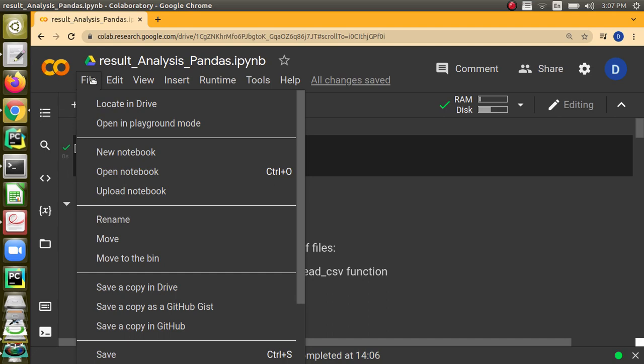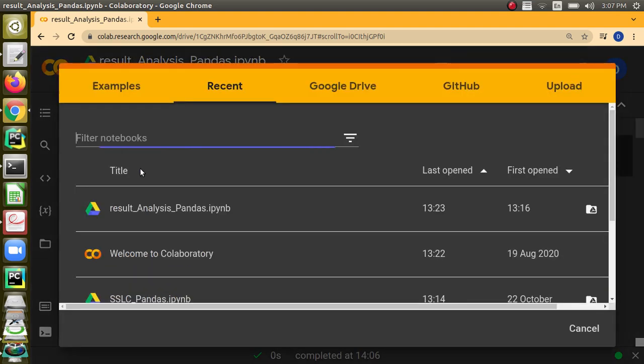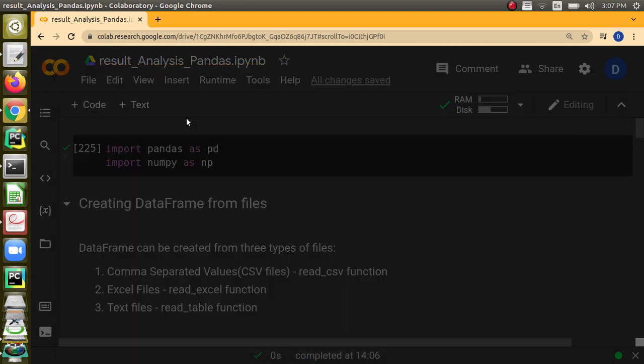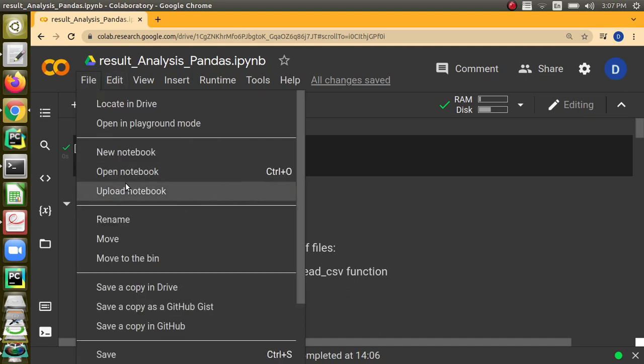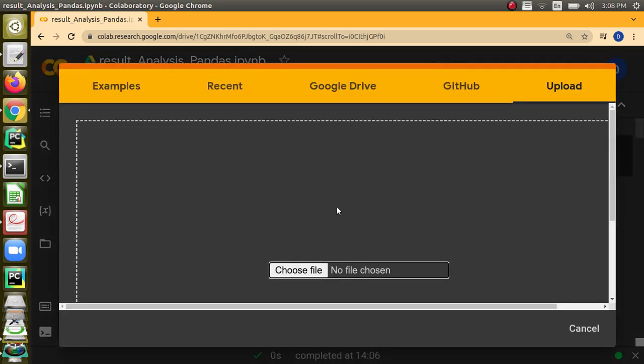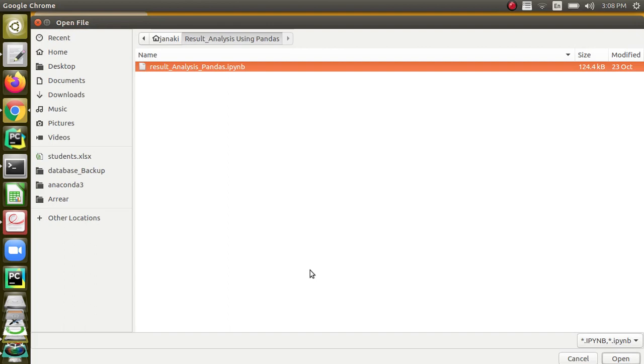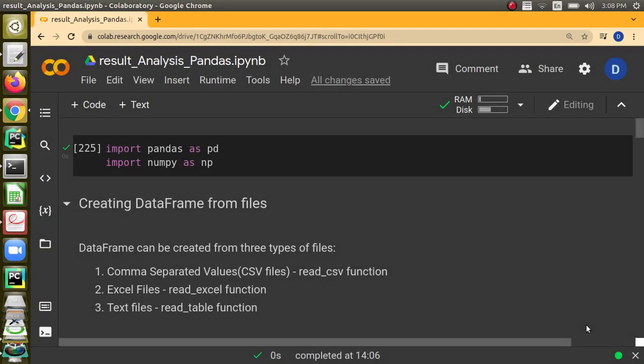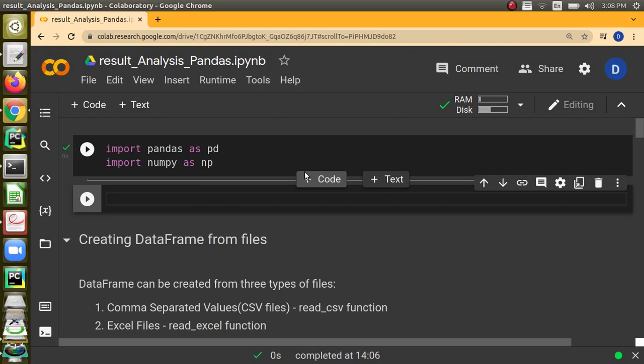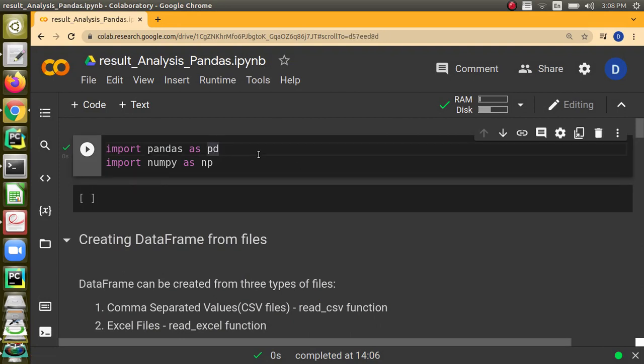With a Gmail account, all of us can work with Google Colab, and this notebook you can download from GitHub and save it in a particular location. Then you should not click open notebook, you should go to the option upload notebook. When you click upload notebook, you click the choose file option and go to the location in your local machine where the notebook is saved, and then you can open it. This is how you have to open and work with the notebook which is shared.